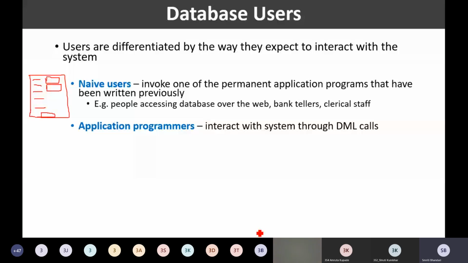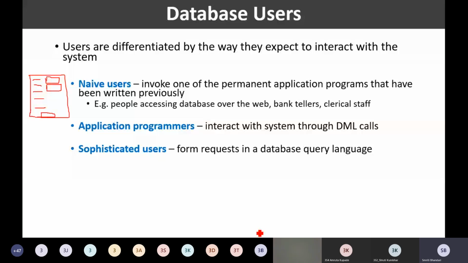So if you have no doubts, let me proceed with the next kind of user, who is the sophisticated user. So what do we mean by a sophisticated user now? The sophisticated users interact with the database system without writing any program, but instead they directly make use of a database query language to extract whatever data they want.